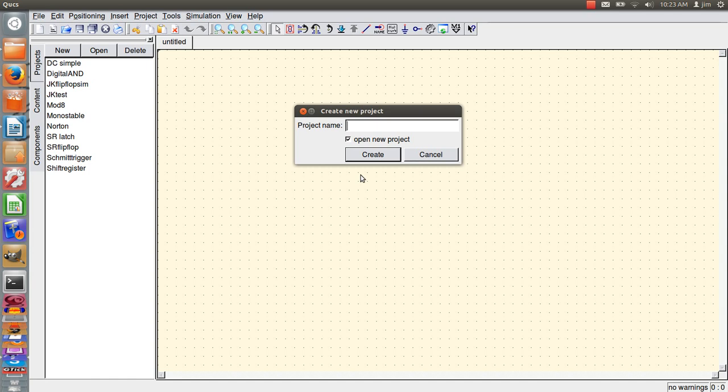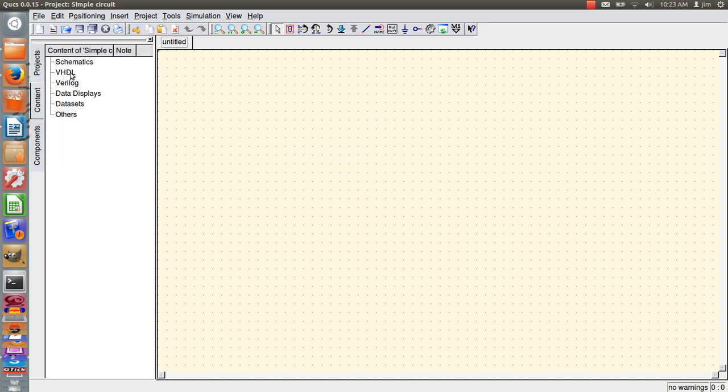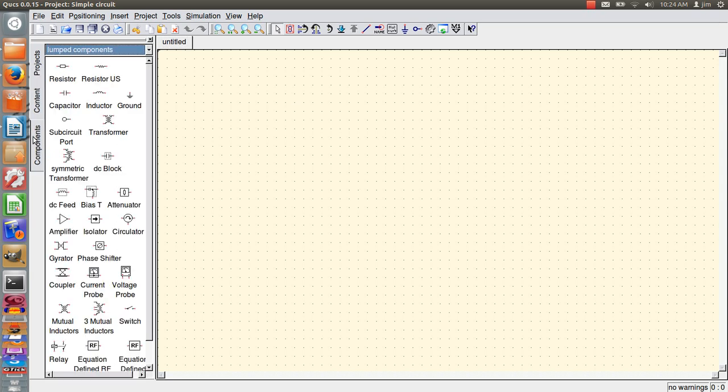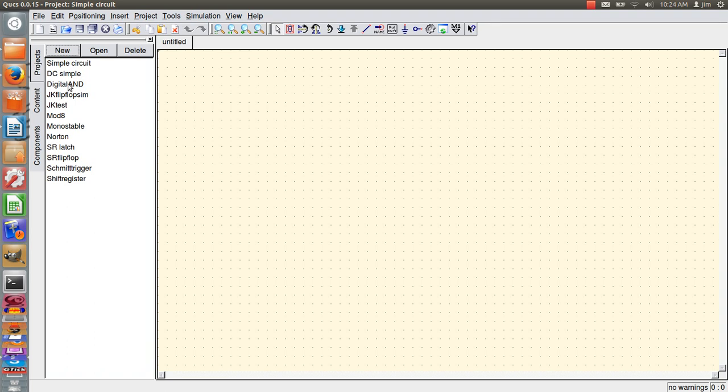So I'm going to call this SimpleCircuit. And then I'm going to create it. And schematics, let's see, components is what I want. Okay. Had to go to components. Here's my tab, project, content, components. So project tells me what circuits I have done in the past. Yours, obviously, if you're just starting Qucs, you wouldn't have all that. And then content, and then